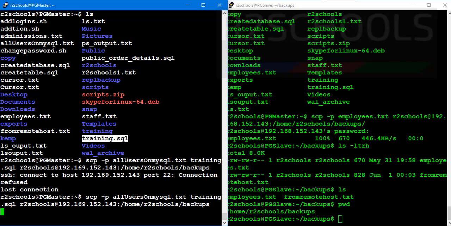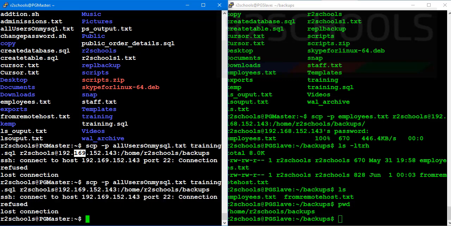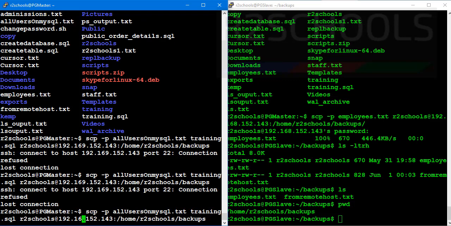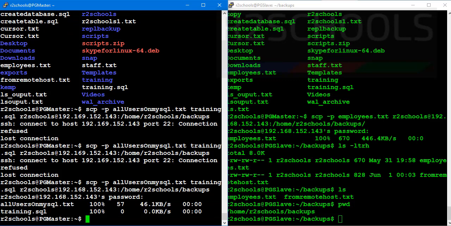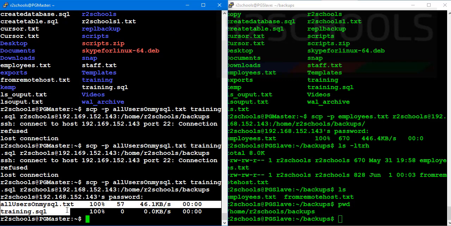See why it is refused: because here we have given 169 but it should be 198. Let's modify. See, now the error is gone and it's asking us for the password of the target host. See, we have successfully copied these files to the target host.